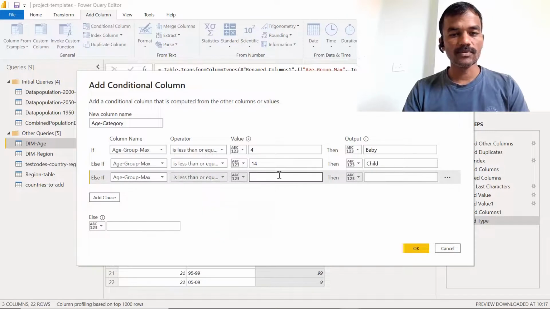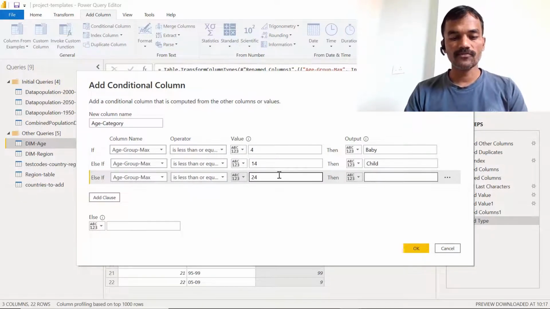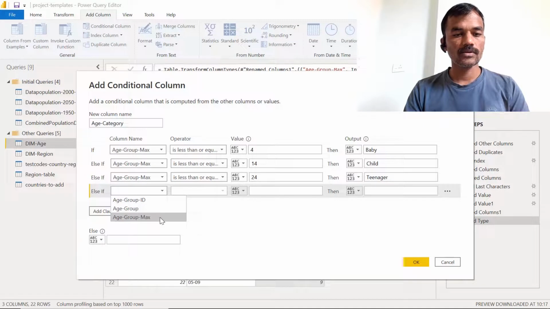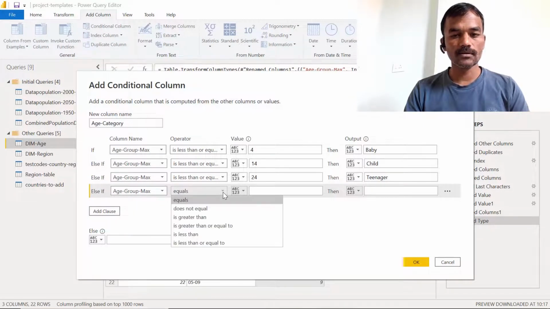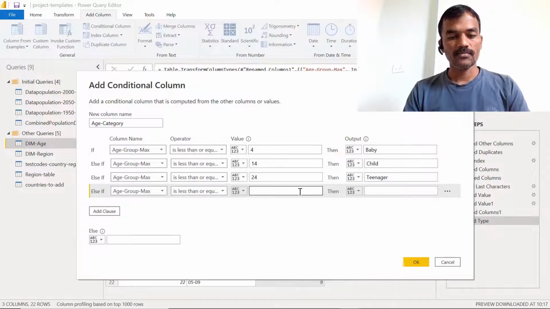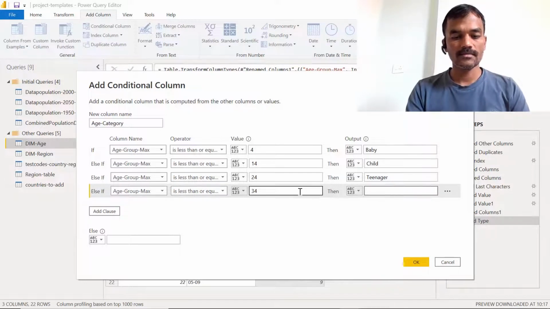If it is 14 to 24, then it is a teenager. 24 to 34, we will say young adult.